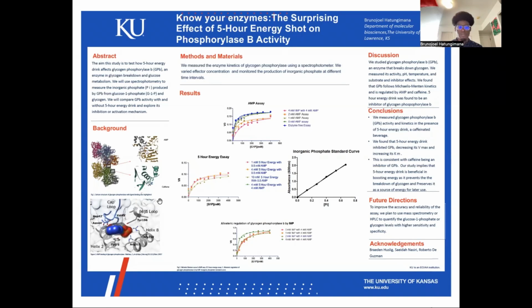on campus. Glycogen phosphorylase b is an enzyme that catalyzes the breakdown of glycogen into glucose 1-phosphate, which can be used for energy or converted to glucose 6-phosphate for other metabolic pathways. Glycogen phosphorylase b is a multi-subunit enzyme that has two conformational states, relaxed and tense. The relaxed state is more active and has a higher affinity for the substrate, while the tense state is less active and has a lower affinity for the substrate.